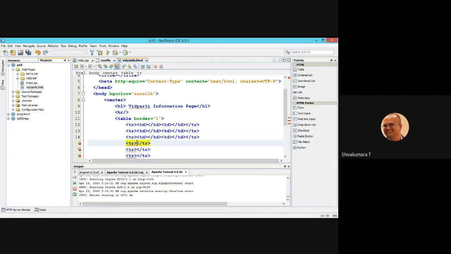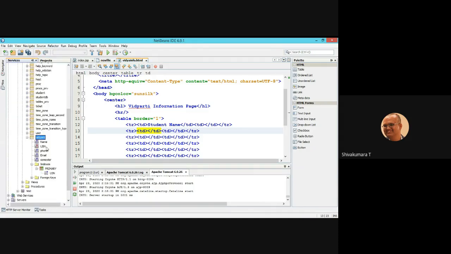In the first TD, you are writing the labels. In the first, you write the label student name. Which fields are there? Student name, USN, then phone.